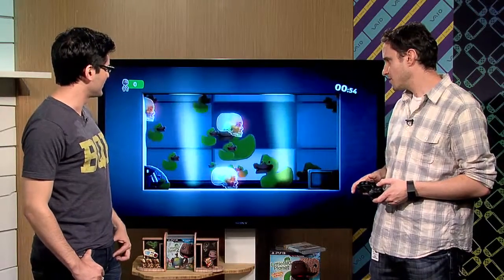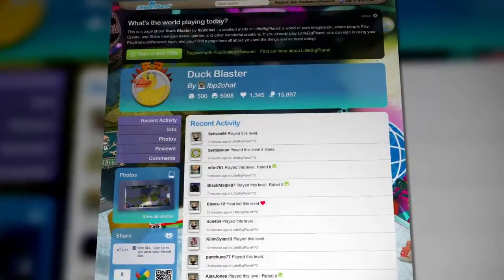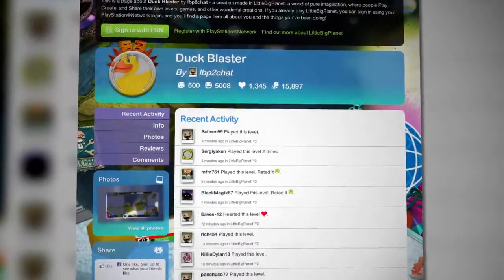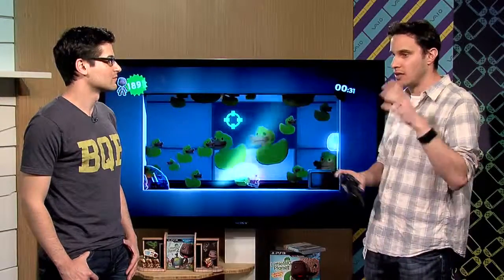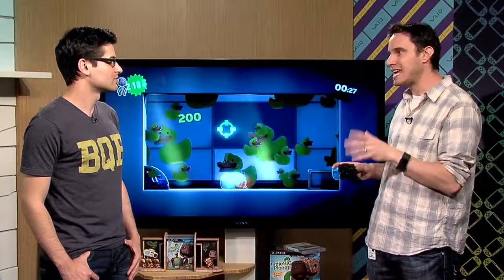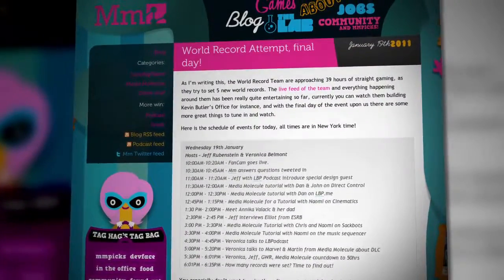This looks surreal. Yes, this is called Duck Blaster, and it's actually surreal how it was created. This was created during the world record run. They wanted to set a record for most genres played in one setting in 24 hours. There are tons of genres out there, like sports games and puzzle games and shooters and everything. And they realized there was no arcade-style shooter. So the Media Molecule team bounced out to another PS3 outside of the room, and they built this in